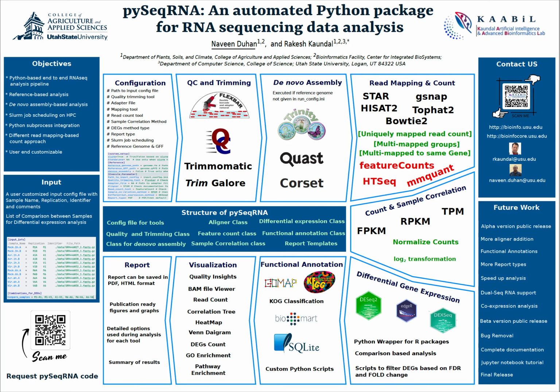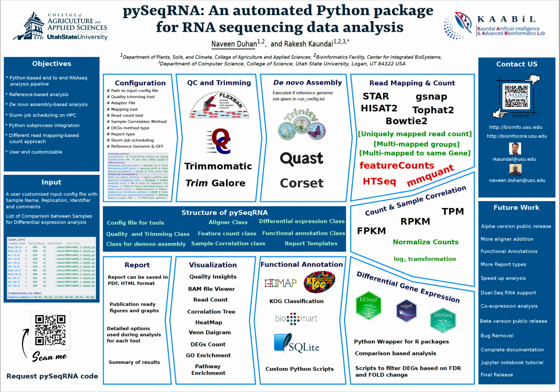Before executing this file, a user needs to create an input config file which contains all the sample information like sample name, replication, short identifier for sample, file path for the raw reads, and then they can add comments like date, experiment, etc. Secondly, a user needs to give the set of samples for the differentially expressed gene comparison. By default, it will compare all samples with each other.